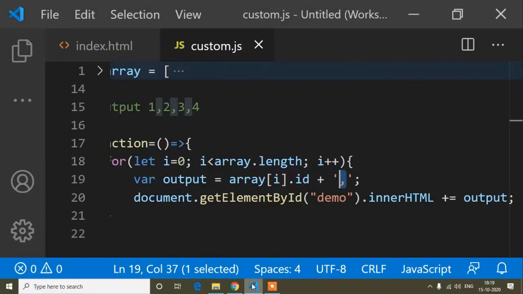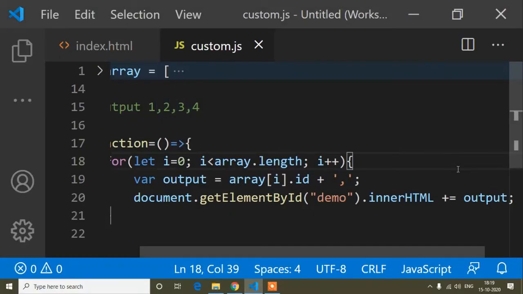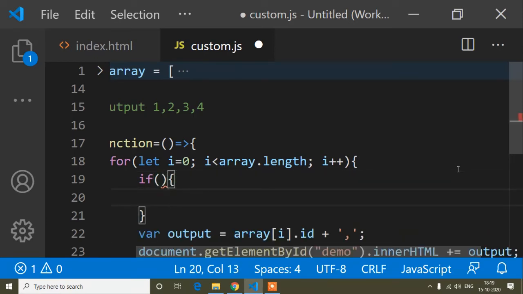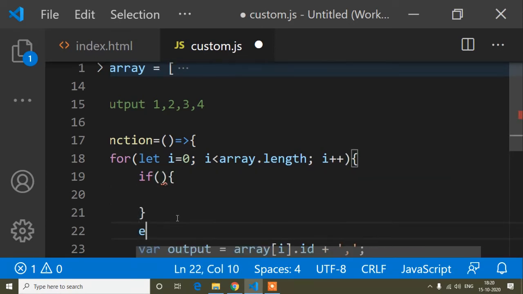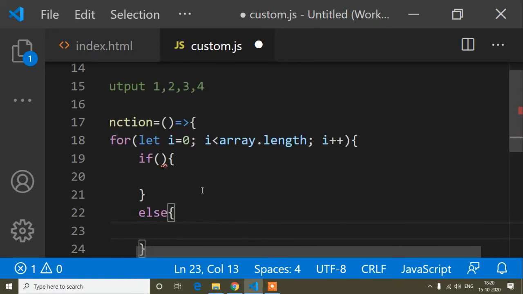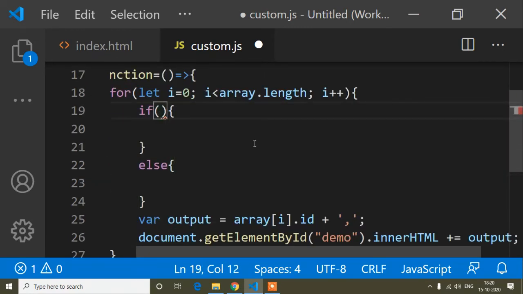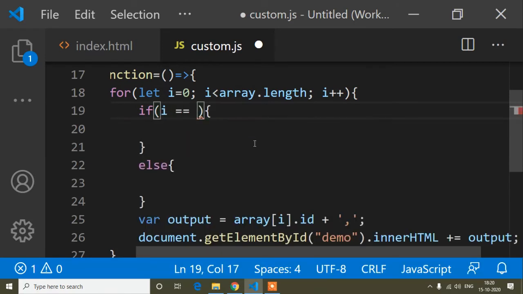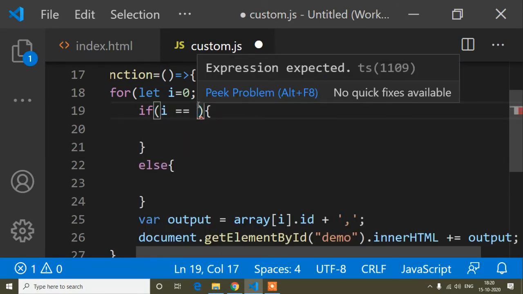So how can we do that? Now here I can write an if condition: if, parenthesis, curly braces, and an else part with curly braces. In the if condition we can write i. i is increasing one by one, 1 2 3 4.